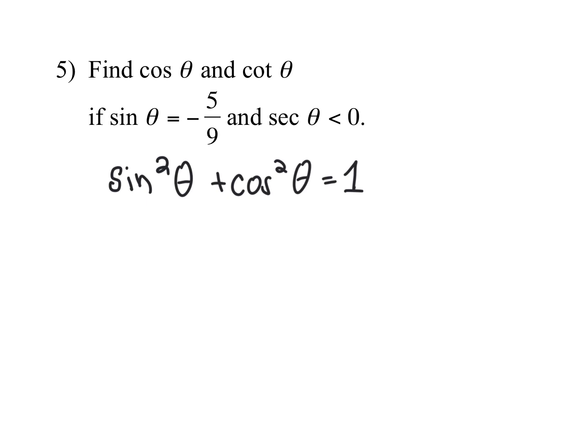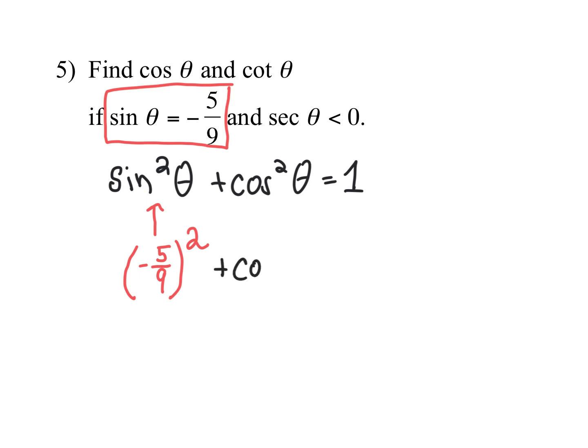At this point in time, you're going to take your crazy good algebra skills and fill in the item that you know. So in this case, we know that the sine of theta is -5/9. So I'm going to go ahead and fill in what I know about sine into my formula. So I have -5/9 squared, and then I still don't know cosine, and then that's equal to 1. When we square a fraction, you have to square the top and square the bottom. So this will be 25 out of 81, plus cosine squared theta